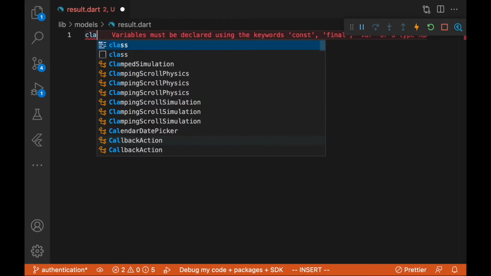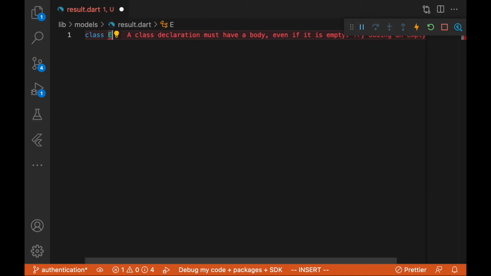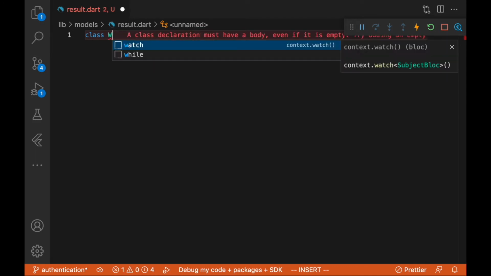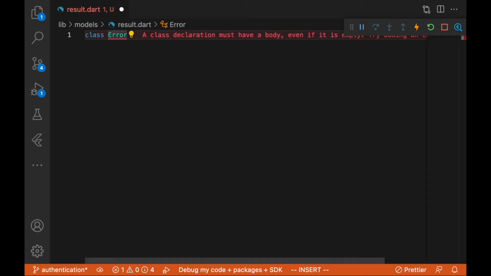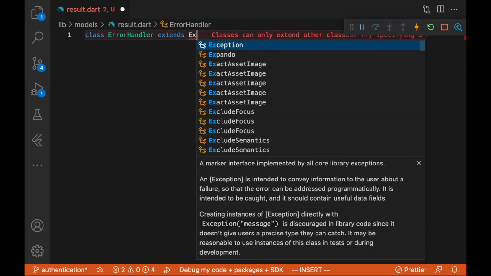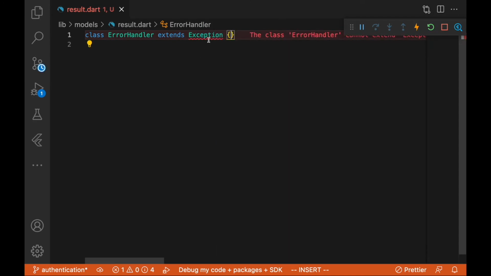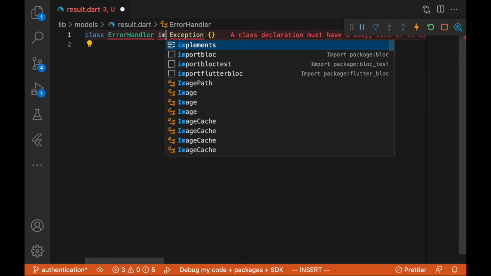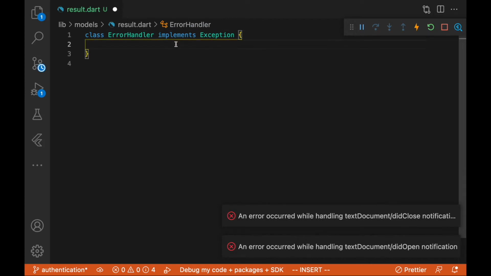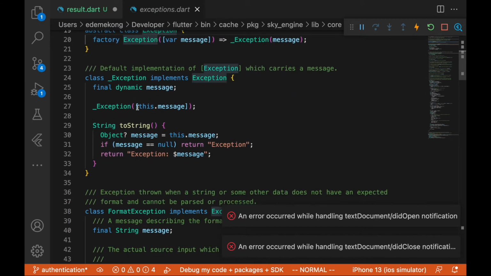And this result model is going to be responsible for the results we get from our network request. So first we are going to have a network handler, and this is going to extend exceptions. Let's see, I think this is going to implement it instead. Okay, so we implement that into our app, and we could just go inside this and see what we can